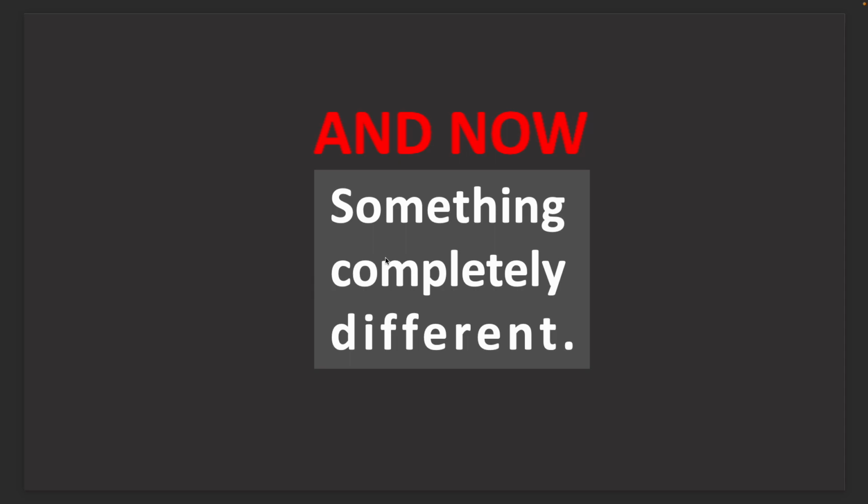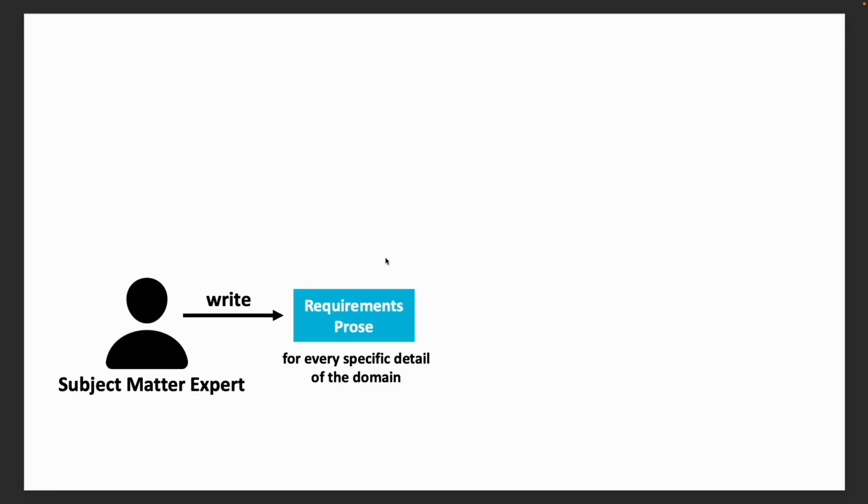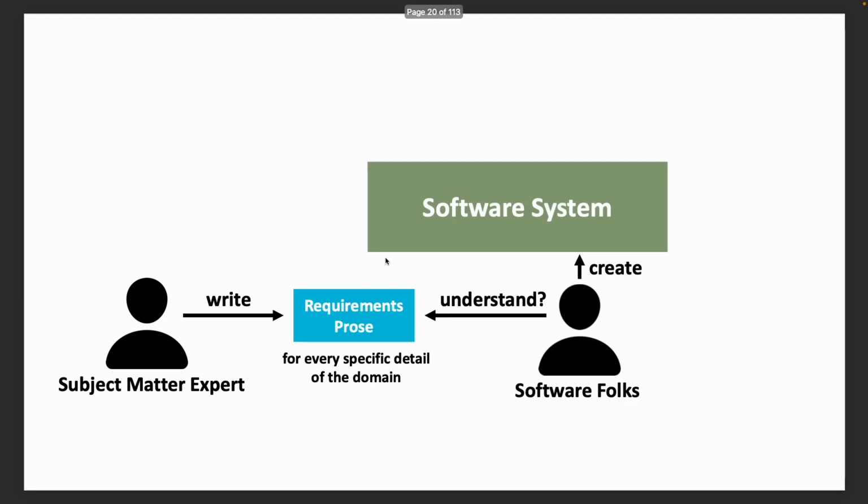Now, something completely different. There are other systems where the subject matter expert writes requirements, or call them user stories or epics or whatever. Maybe they don't write them, maybe they just explain them to the software people. But in any case, there's this indirection through informal, non-executable, misunderstandable, imprecise prose. You can get it precise, but it's a lot of work that hardly anybody bothers with. So the software person then perhaps misunderstands what the requirements mean. It's not that uncommon. And they create a software system that doesn't quite do what the subject matter expert wants,